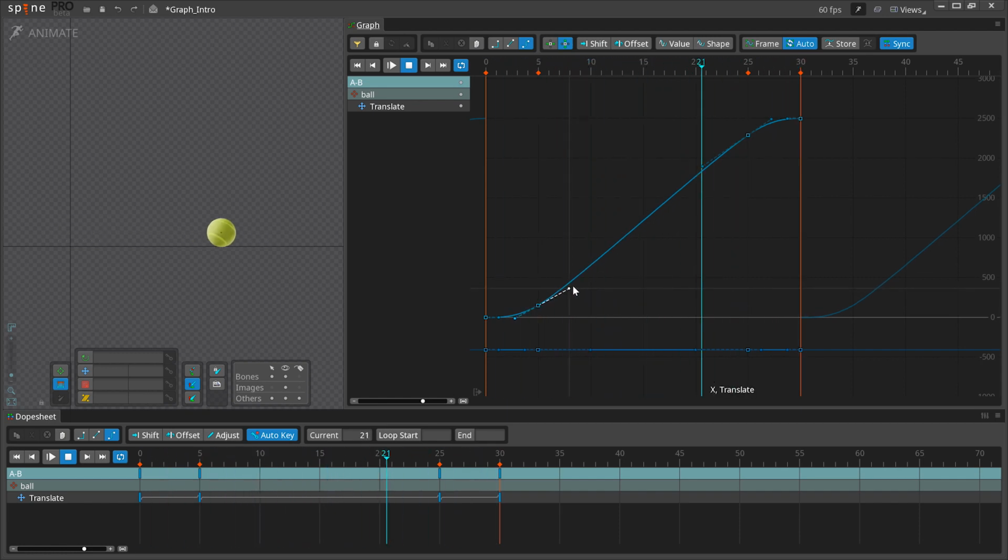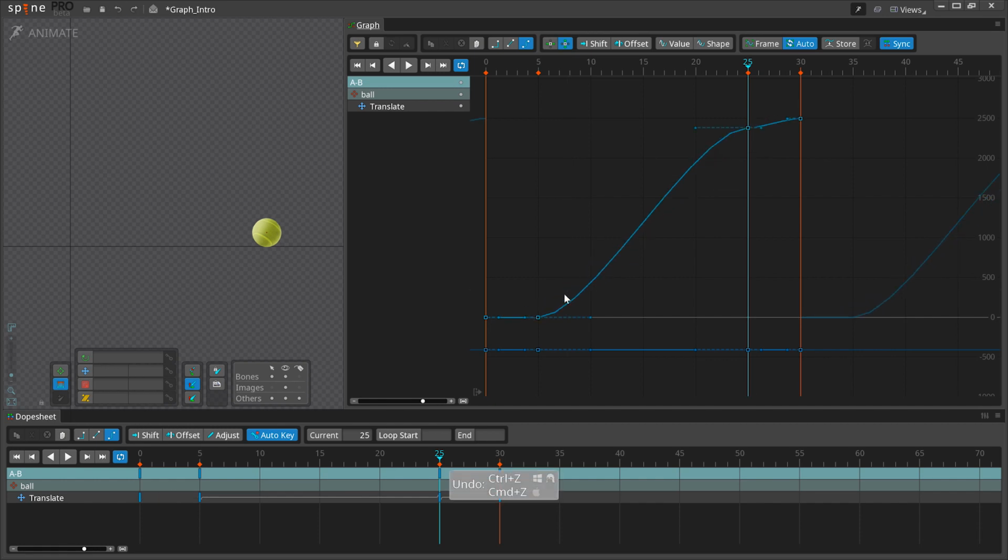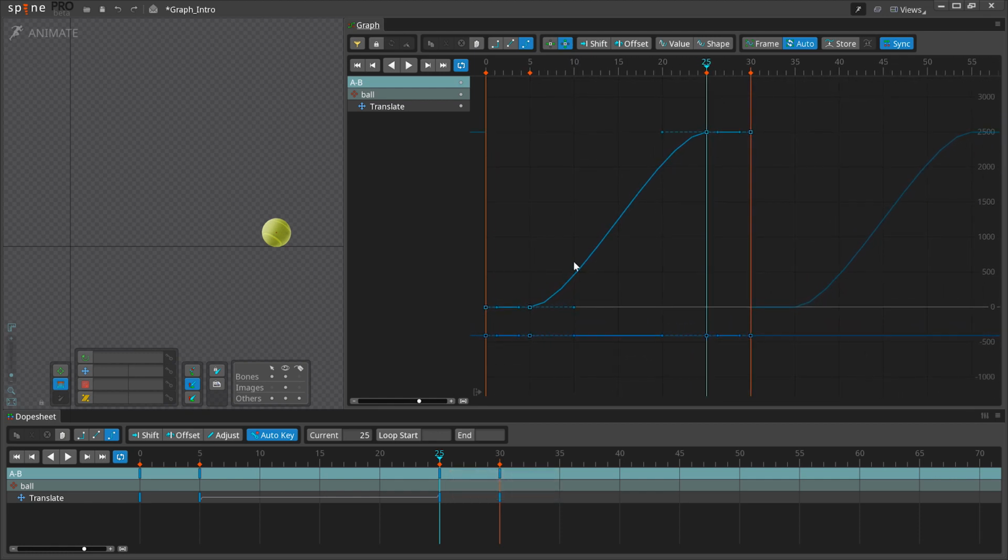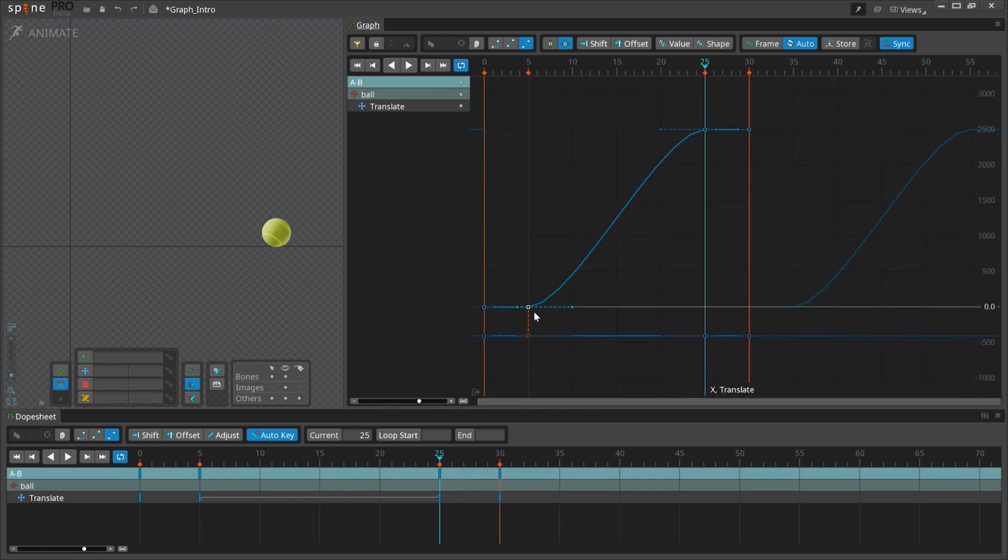The amount to move and tilt a key for an ease depends on a lot of things. The distance between the keys, the weight and size of the object, the intensity of the action, and the style of animation. A simple version of anticipation and overshoot can also be achieved easily using the graph. These are very useful for making an object feel alive and resilient.